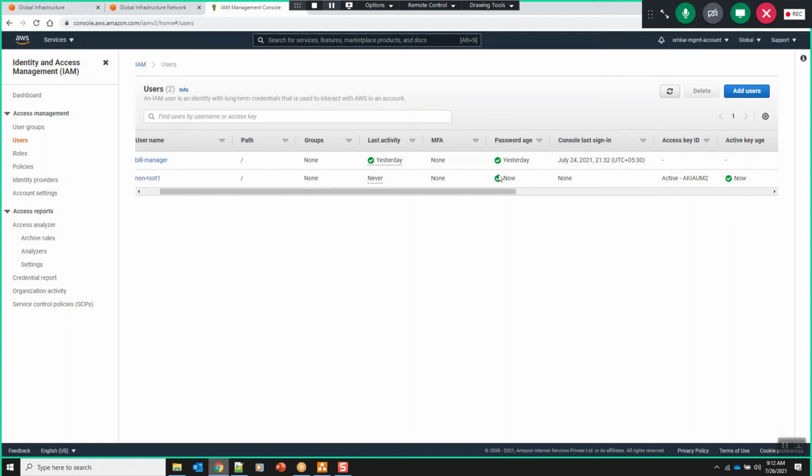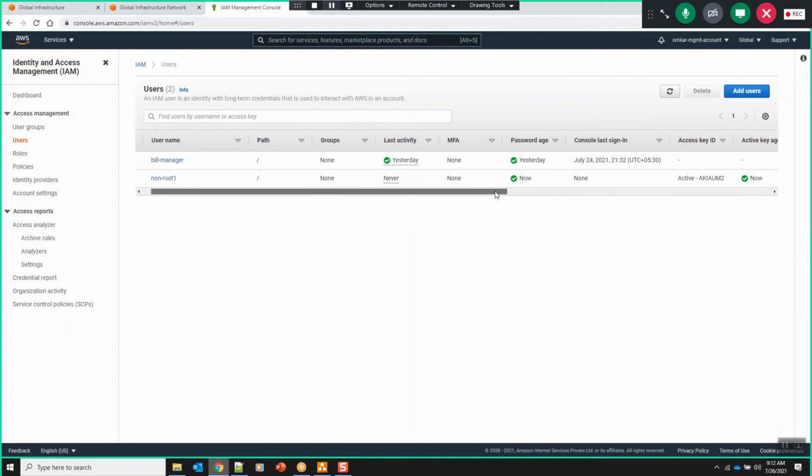We can force the user to change their password every now and then. So we can set an expiration policy for the passwords or for the users. That will enforce them to change the passwords at regular intervals, because sometimes users may have leaked their passwords, or someone may have stolen or hacked their passwords. When you have the habit of changing passwords frequently, we could strengthen the security, right? So that's where we could enable that.